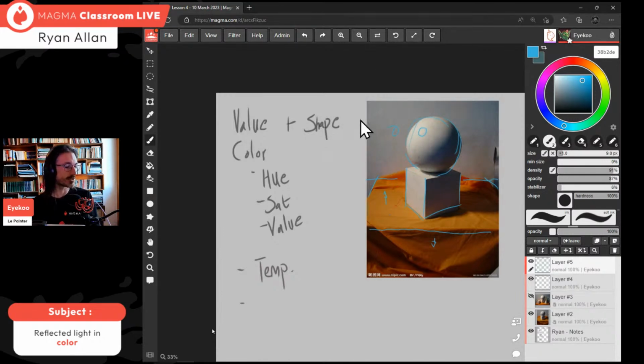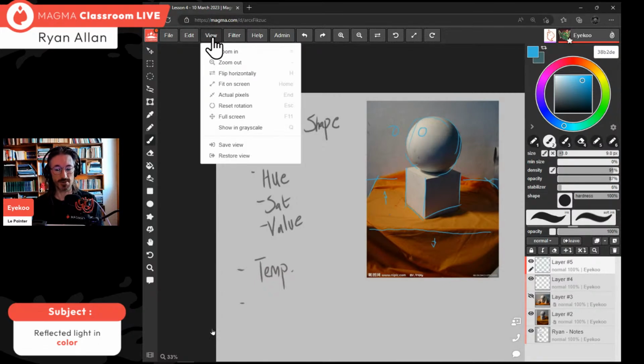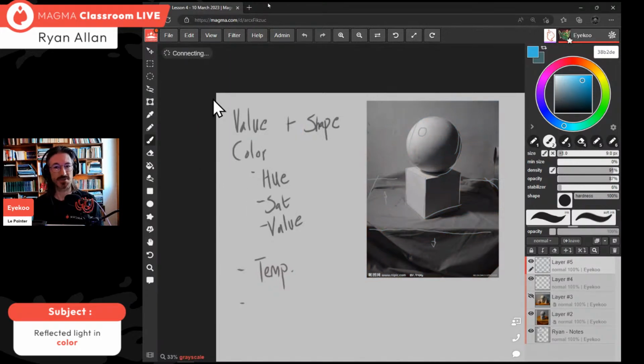So what we can do is shift this whole thing into grayscale just to make it a little bit easier for ourselves. And to do that, we have a nice simple feature in Magma. When you go to your view menu, we have show in grayscale. Okay, I've set a shortcut key